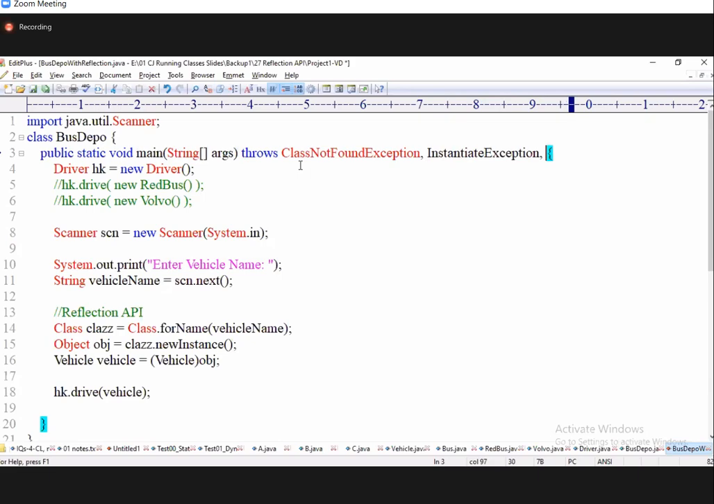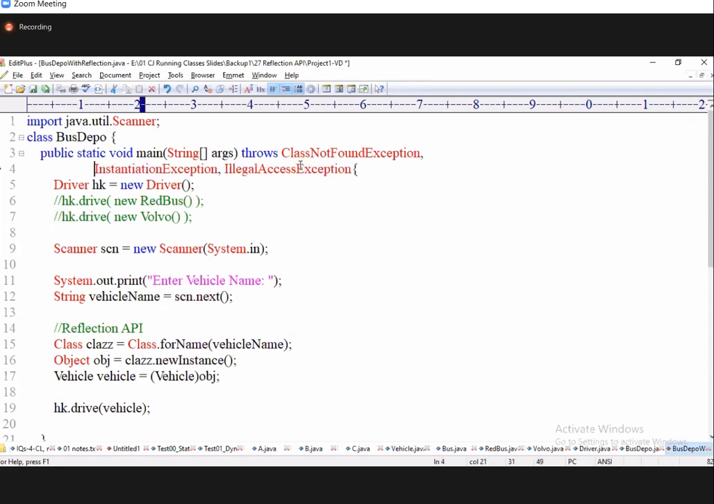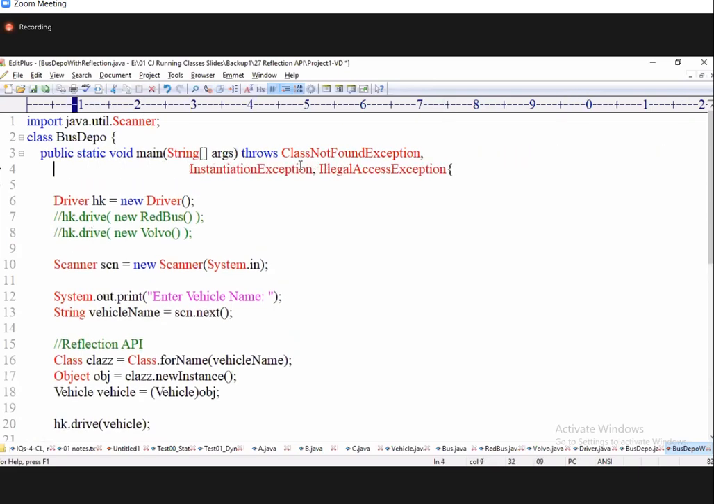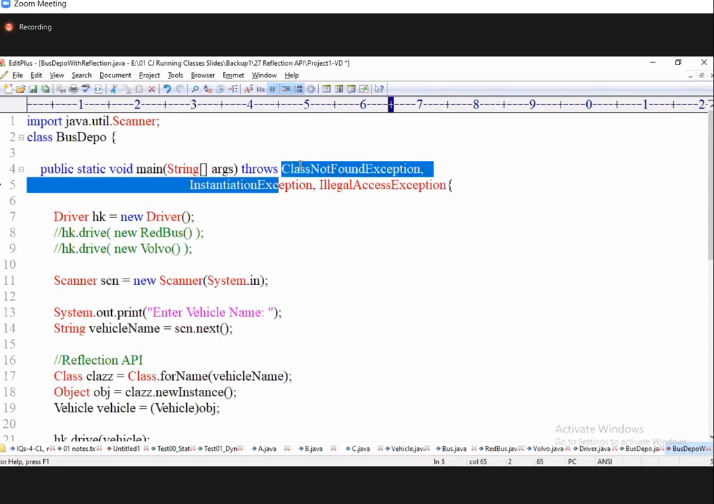Instantiation exception. And next, illegal access exception. Understand? So what do you need to do? We need to add these exceptions here. If you remember these class names, when the interviewer asks a question about exceptions,